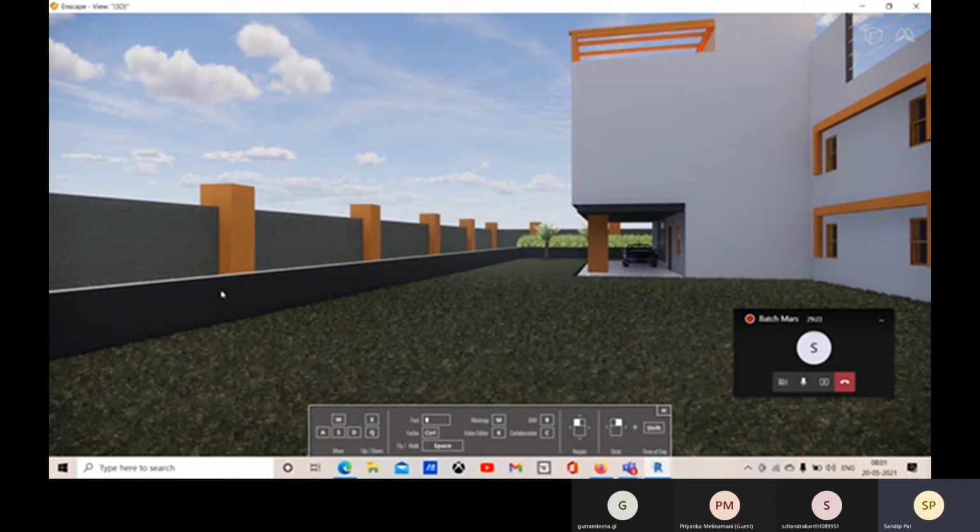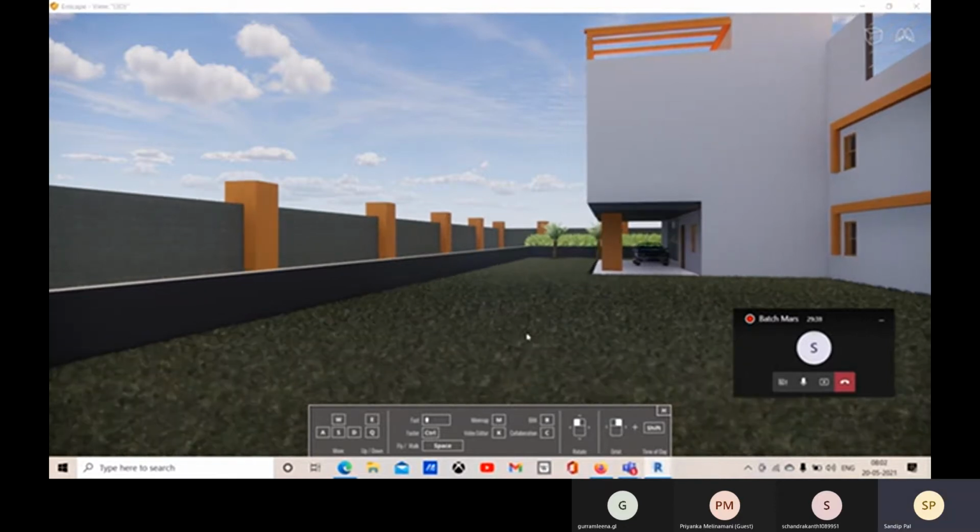If you find any issue, no delay, you can create that issue right away at the right location. That option is available in Enscape also, and that is the most important part of Enscape. It makes it a part of the BIM.